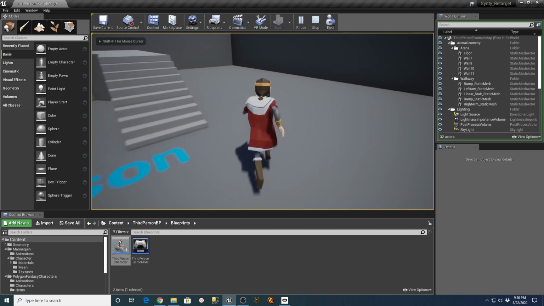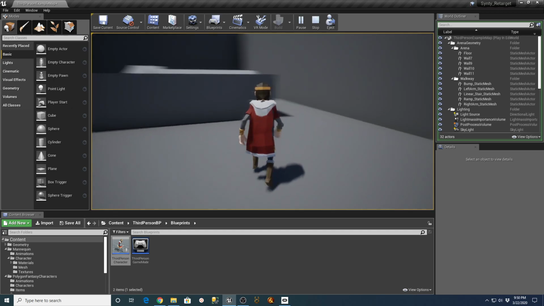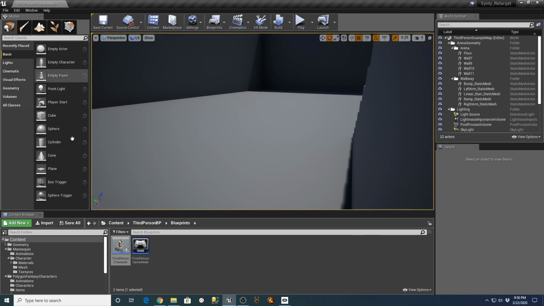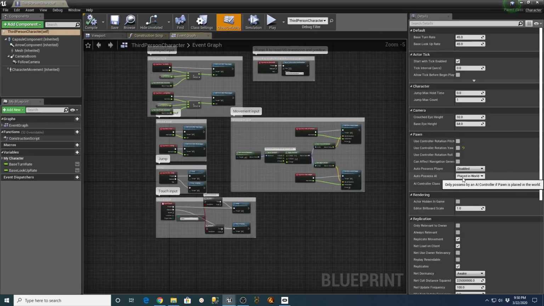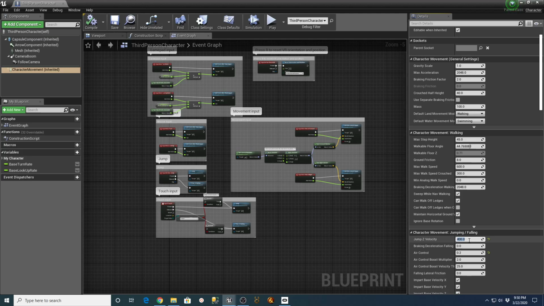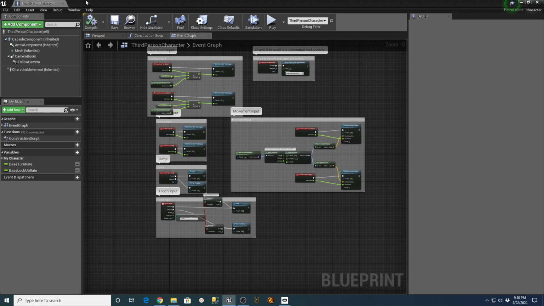It's still kind of like a space jump, you know. Let's go knock it down to 300. And I feel like there's no gravity on that character when they get way up in the air like that and float. 300. Compile and save.